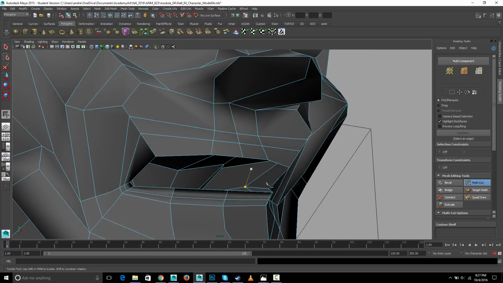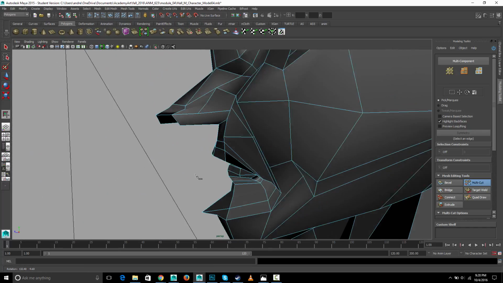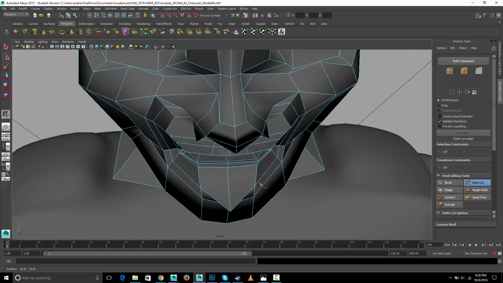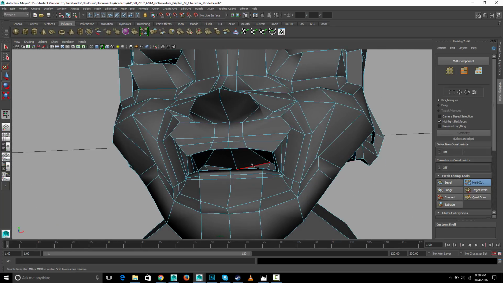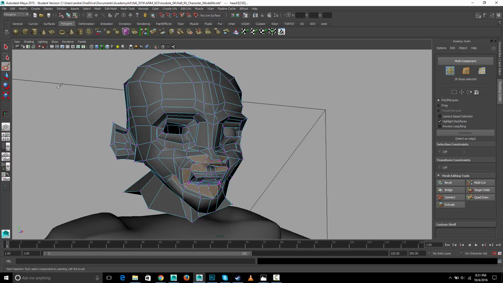And again, I can't spend hours and hours on every single model, but hopefully you're starting to get a little bit of an idea how I can clean some of this stuff up. Look for those 5-sided faces. There's a trick to find what they call n-sided faces on your surface. So let me right mouse click, choose face, and